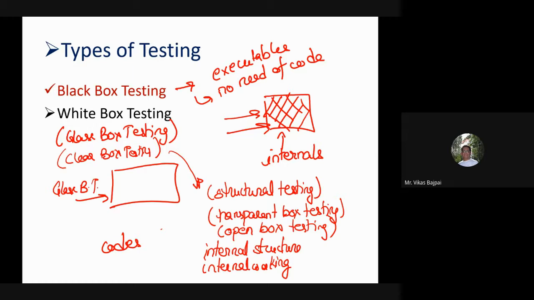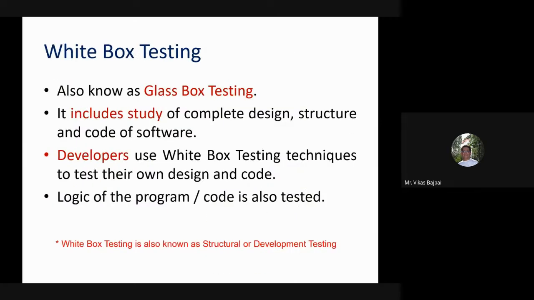Now, the next thing is, let's see some basic discussions about this. To start with, obviously it is also known as glass box. The term white box is used because of the internal perspective of the system, and that's why you can call it clear box, white box, transparent box, or whatever name you feel like giving this.